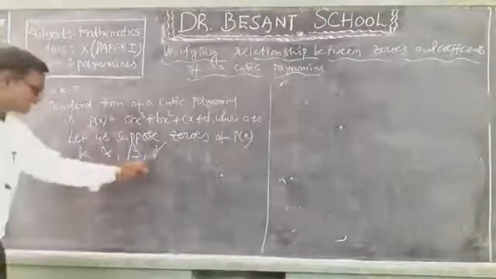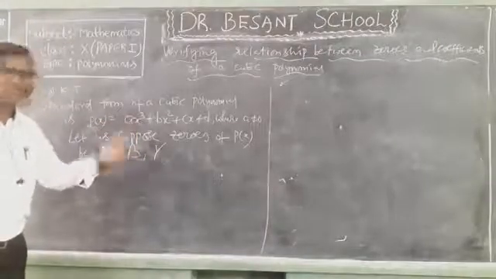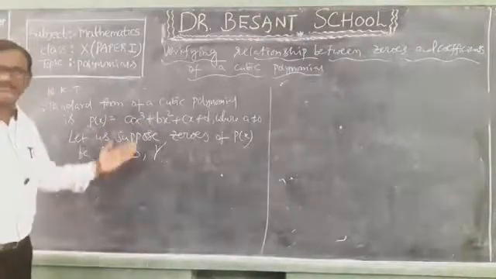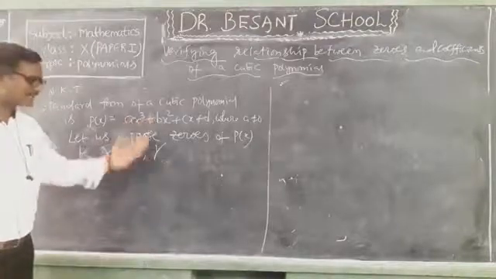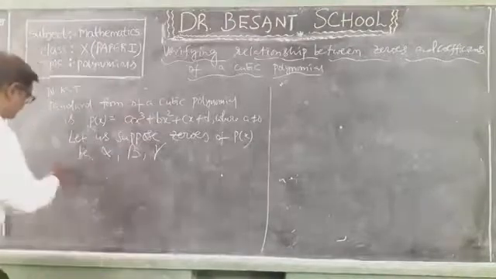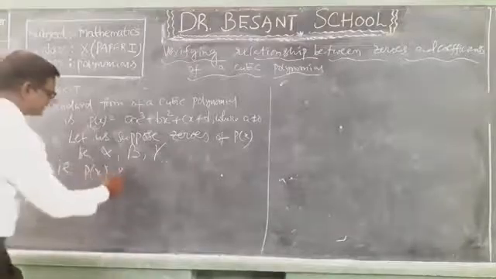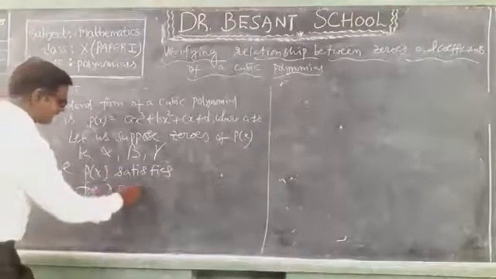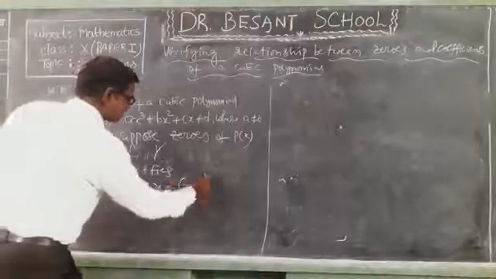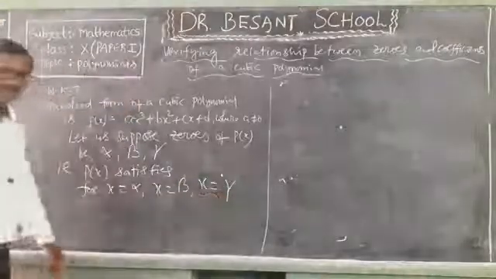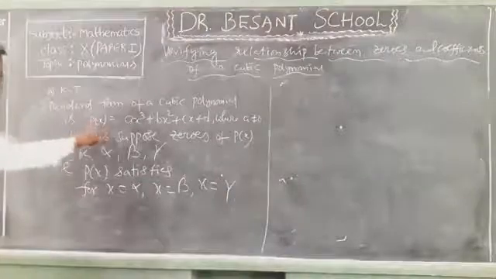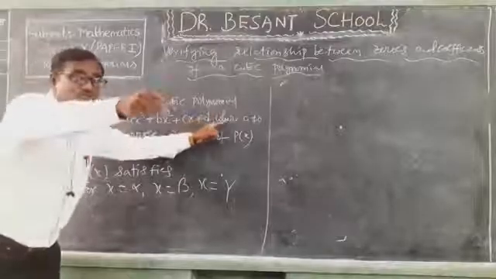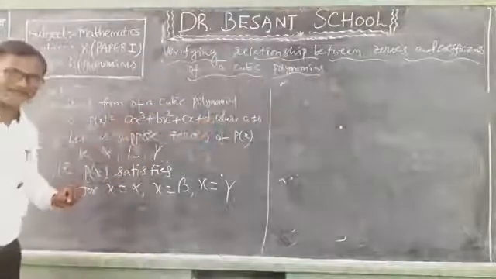Okay, so whenever these are the 3 zeros of this polynomial, obviously p of x is satisfied for x equal to alpha, x equal to beta, and x equal to gamma. That means p of alpha equal to a alpha cube plus b alpha square plus c alpha plus d is equal to 0. Why? Because this is a zero of this polynomial.